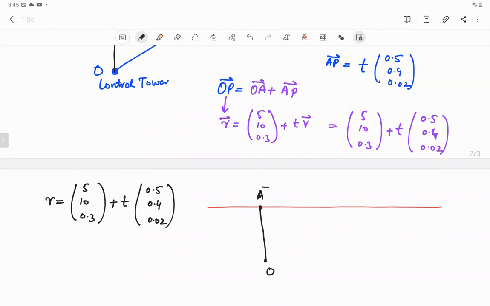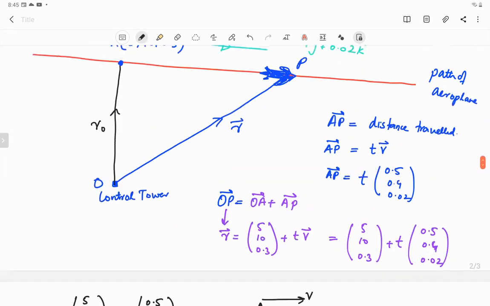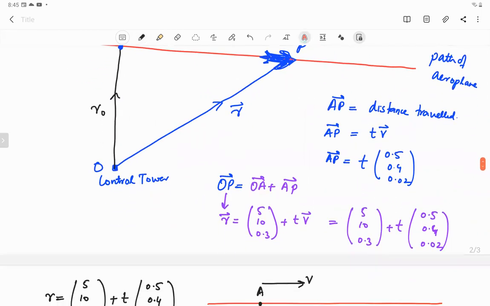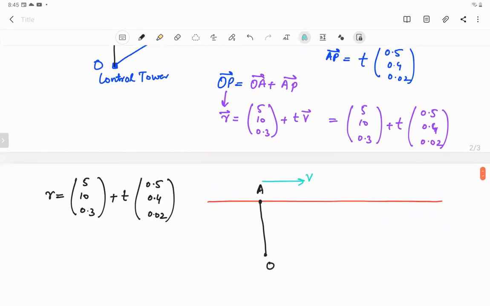Now V is the vector. Okay, V is the velocity vector, which is acting as a direction vector. It's shown by a green color. I turn its color to green just to create a similarity with our previous working. Now at t is equal to 1 seconds.